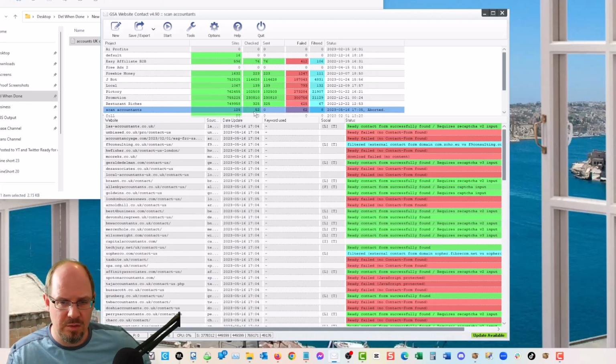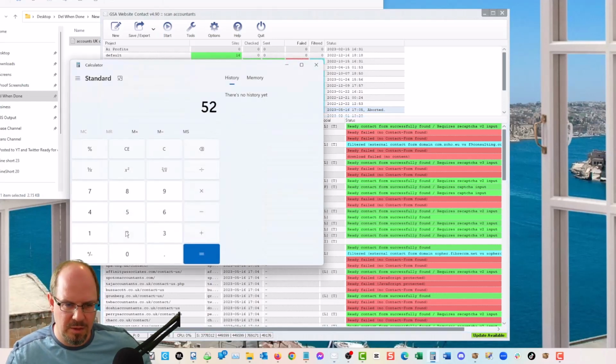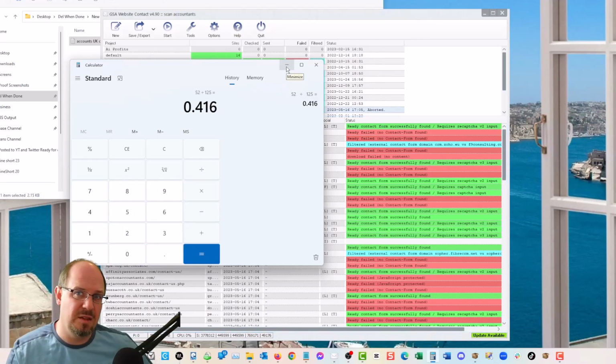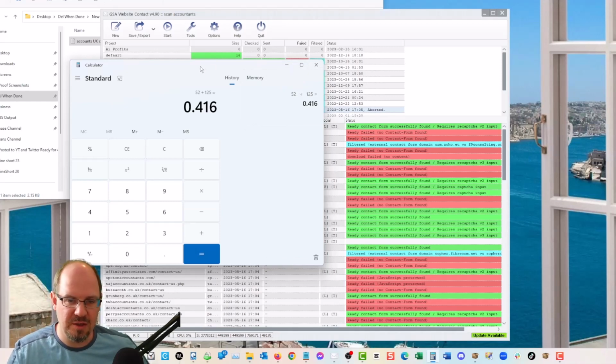So 52 out of 125. I don't know what that is, but we can find out. I stopped it a minute early, but with 125, that's about 40%, give or take. I'd say 35 to 50% is where you're going to fall, based on these real small numbers. I don't know how it scales up, but anyway, that was 40%. That's good. And then if you could get to a 70% success rate out of that,